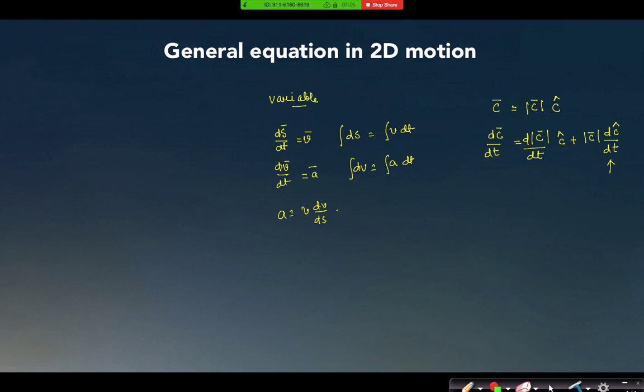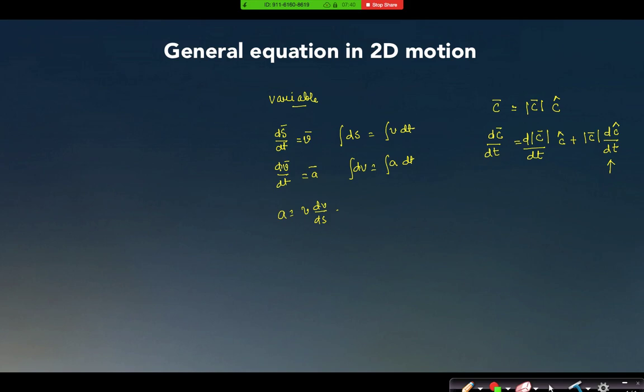Can anyone tell me why, if I differentiate a unit vector, what can I expect to get? Why can I differentiate a unit vector whose magnitude is always constant? Even if I differentiate something whose magnitude is always constant, shouldn't we always get a 0? Yes, sir. But it is not always 0. Why? Look, whenever you are differentiating a unit vector, that means you are differentiating a direction. Yes or no?